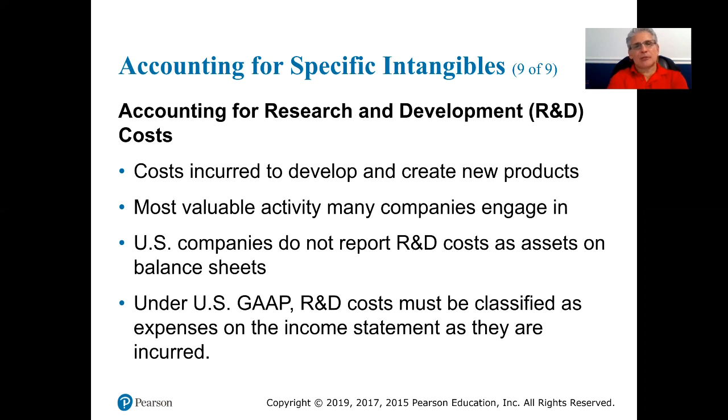And so GAAP requires that R&D are classified as an expense, and they go to the income statement. Now, the reason why we're real careful about saying this, that U.S. companies, U.S. GAAP, is because international standards allow companies to capitalize their research and development costs. U.S., they do not. That's one of the major differences between GAAP and IFRS, International Financial Reporting Standards,